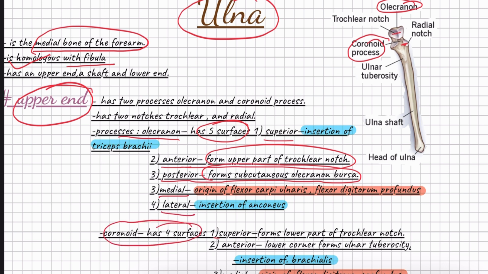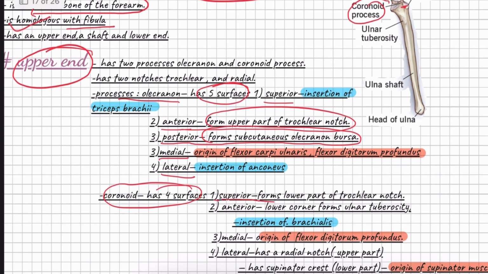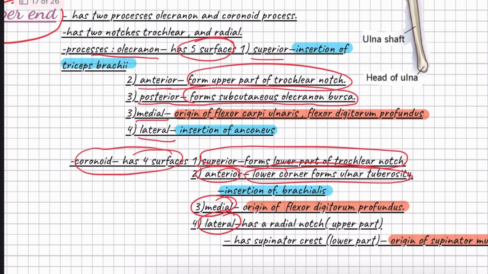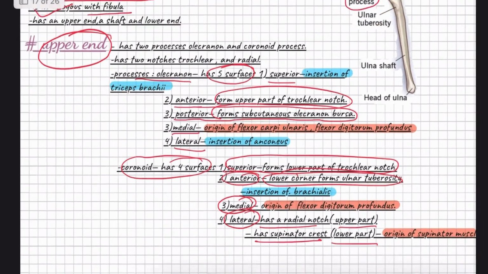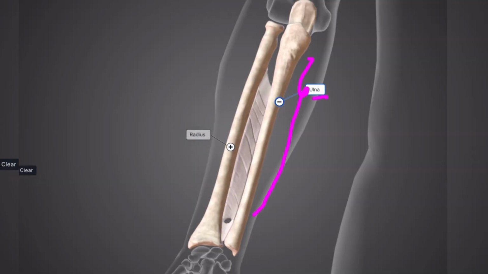For coronoid process, it has 4 surfaces, that is superior, which forms lower part of trochlear notch, anterior, which lower corner forms ulnar tuberosity, medial and lateral surface, which has a radial notch in upper part and has supinator crest in lower part. Now talking about shaft, it is firmly connected to that of radius by dense connective tissue called